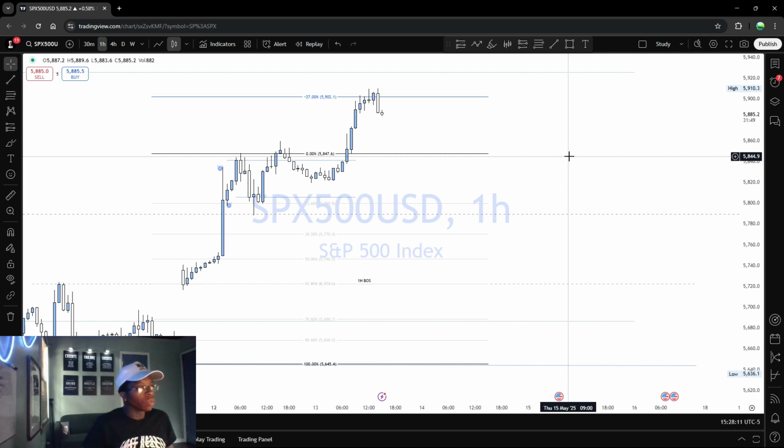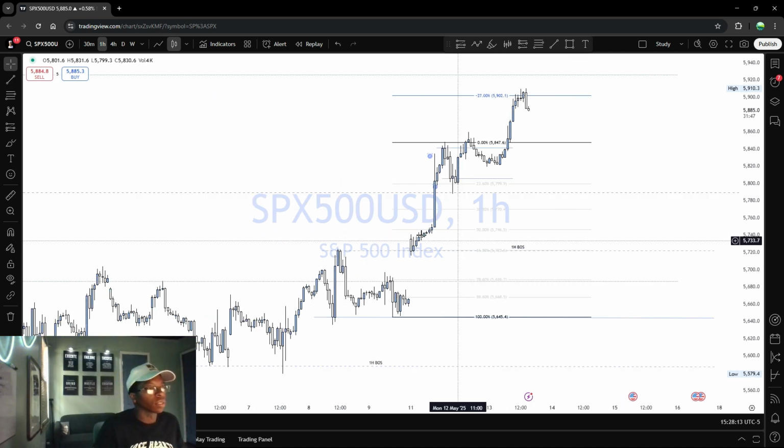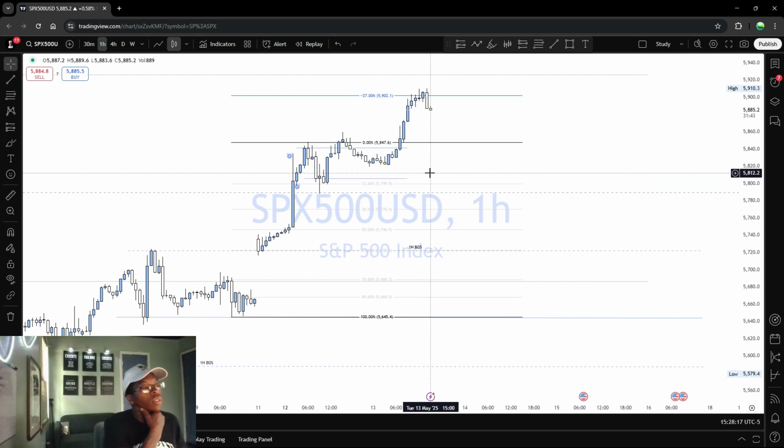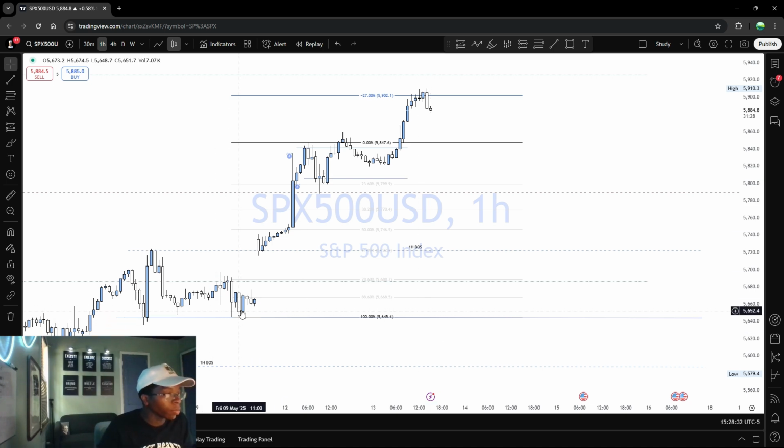I want to make a review of a trade that we took this week. It was a gold on SPX 500, which is the SPY 500, Standard and Poor's 500. It ended up being a take profit. So what happened was,